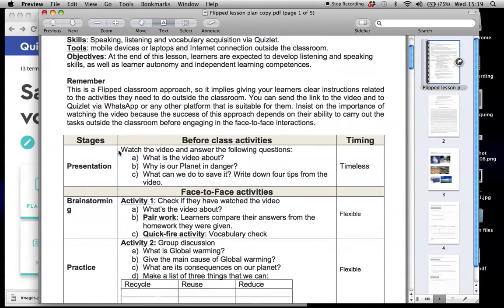Before they go home, then you need to give them these 3 questions we have here, like what is the video about, why is our planet in danger, and what can we do to save it. So these are the questions that they need to have with the video and the Quizlet. And this is only to make sure that they're going to watch the video,